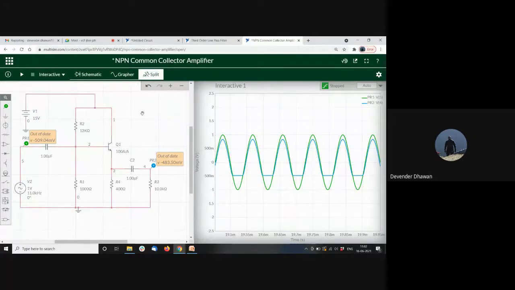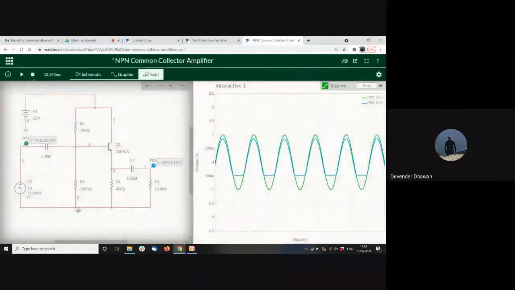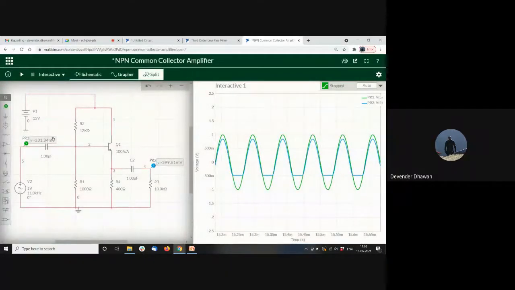Initially, if you remember, there was a buzzer connected, and then we ran the circuit, and then we deleted that buzzer. So we changed something in the circuit. What out of date means is that there has been some change in the circuit after it was last run, and the result it is showing is not correct because it was for that circuit. Now you have made some changes, and hence the data will be different. So to get the new data, you have to run it once. Just to show you, if I run it again, you see we are getting some data. If I stop, right now it is not showing any out of date.